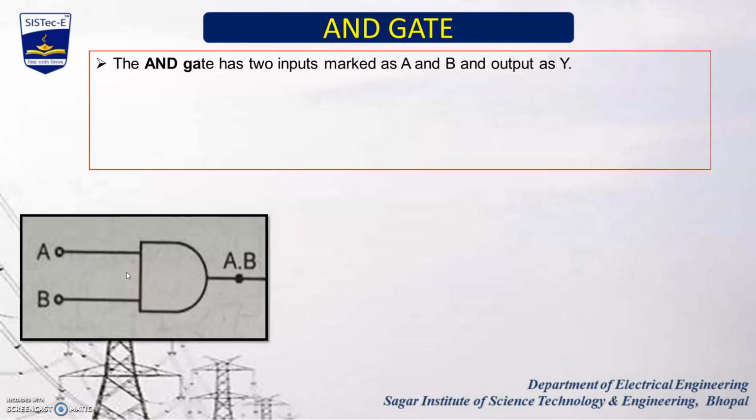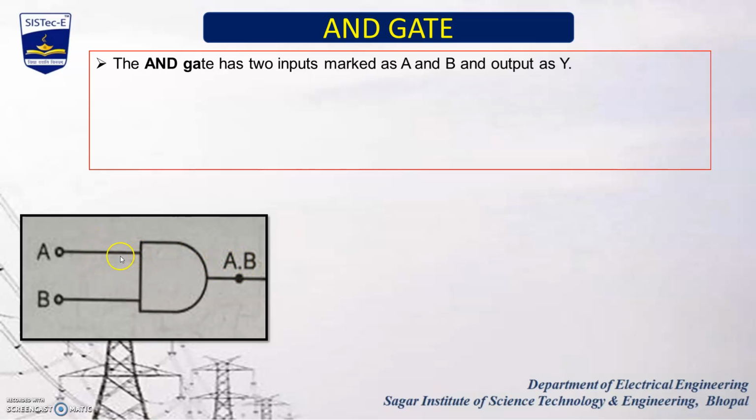Generally, we use more than one input, because for a single input we use the NOT operation, but for more than one input we can use the AND gate for the AND operation. In my diagram, I have taken only two inputs, A and B. The values of the inputs are combinations of low and high, meaning 0 or 1.